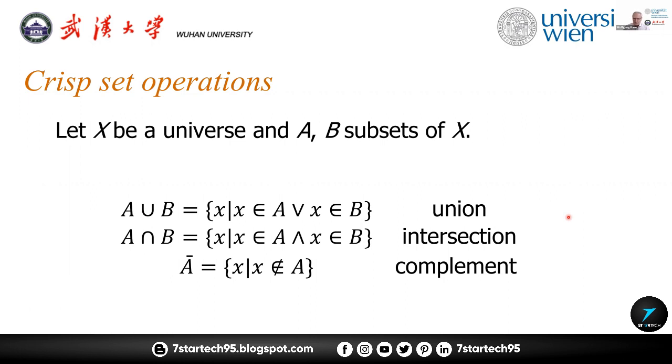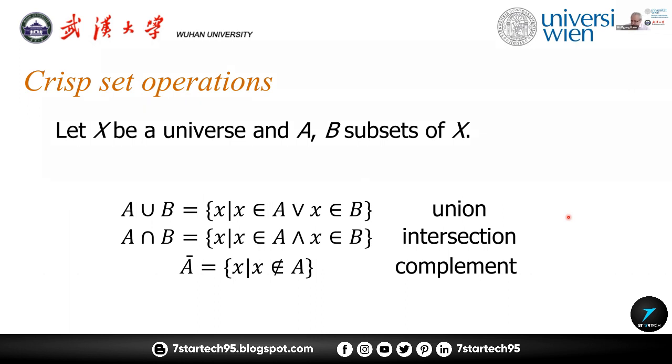The union are all those elements that are either in A or in B or in both. And the intersection is defined as those elements that are in A and in B. And the complement of a set are all those elements of the universe that do not belong to the set. So that would be the complement of A, all those elements of the universe that are not members of A. That's the standard definition of union, intersection, and complement